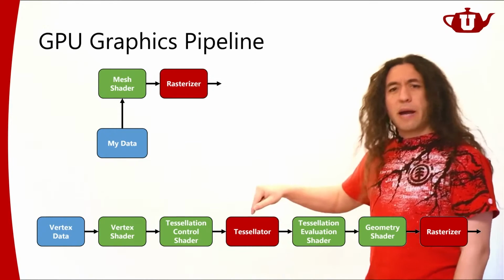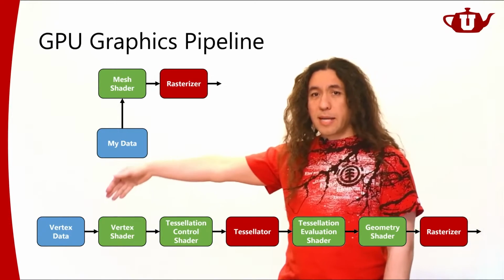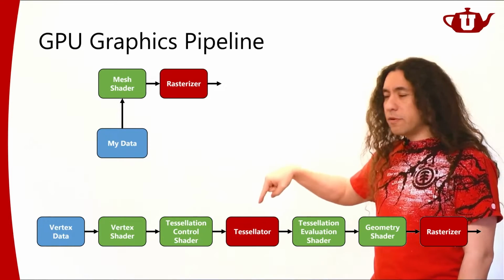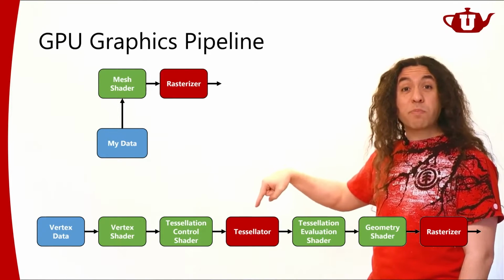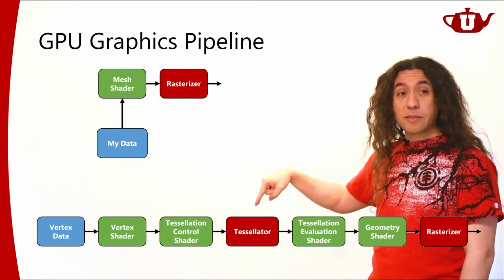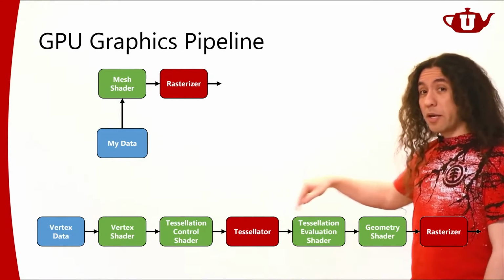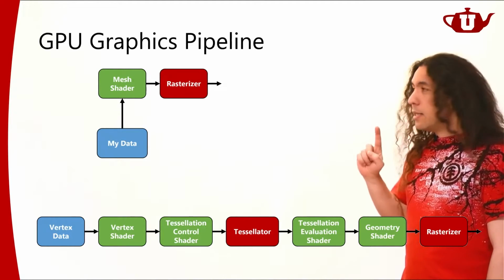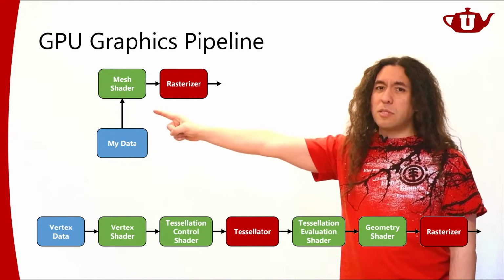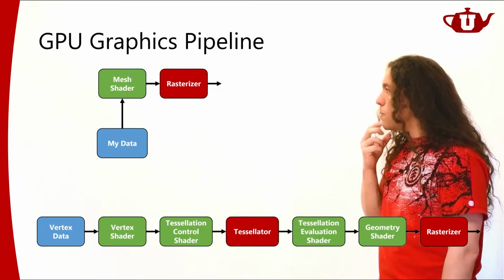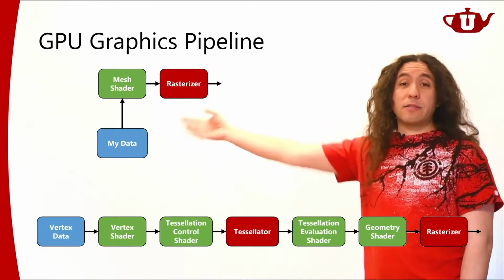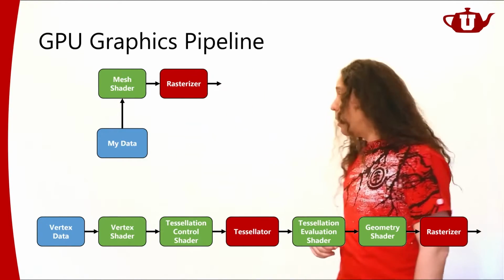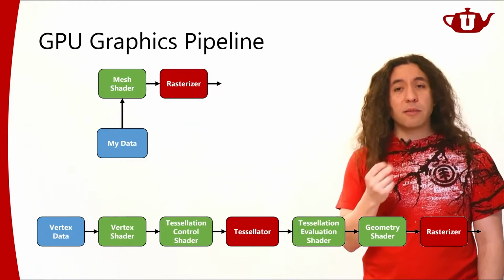In the regular graphics pipeline, I start with vertices, and then I come to the tessellator. Over here, all of a sudden, there's this huge explosion of data. Beyond this point, I'm going to have a lot more data if I'm using tessellation. Here, all this explosion needs to start from the beginning. Okay, I can do that. I can generate however many vertices I want in a mesh shader. That's okay. But in terms of parallelism, I'm losing some stuff.